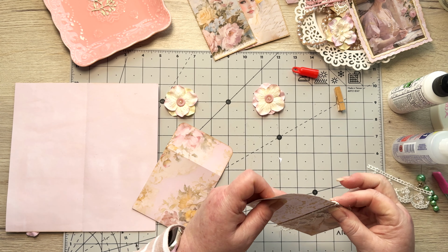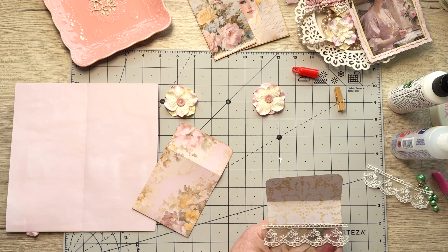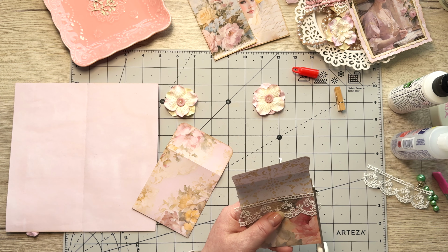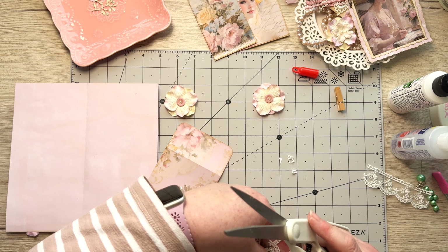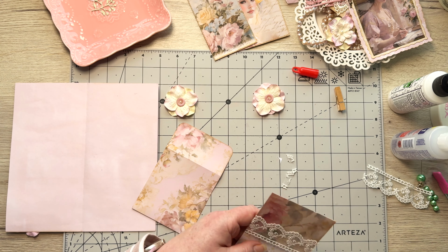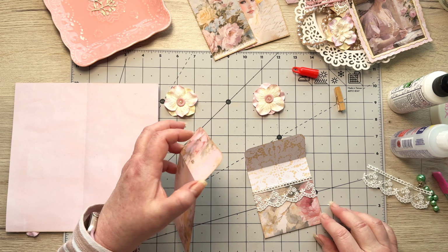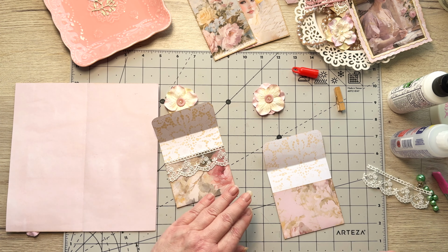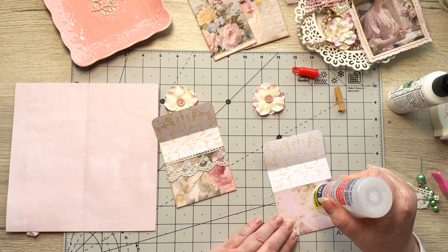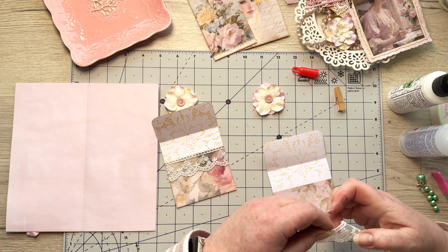Right, and then we can actually turn that around. No, we're not. We're going to trim it off. I don't want to faff with it. Right, so that's what we're going to do. I think that's easier. Okay, and same over here. So again, put some glue on. There we go. And then just measure your lace